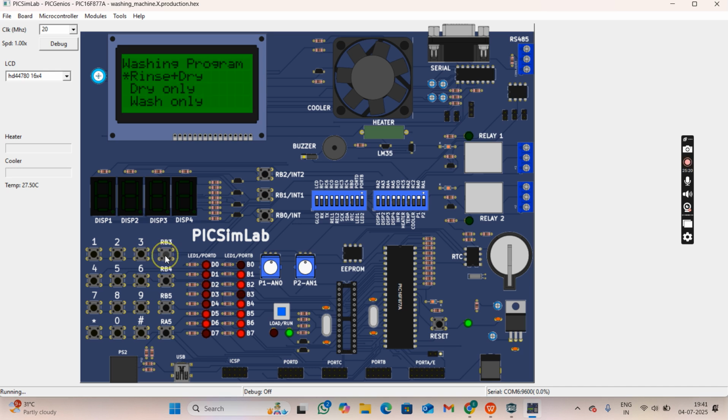Let me choose daily. And I am choosing water level as high, and I am going to press button 5 to start, and it's totally 45 minutes it's going to function. First it begins with the wash function, and to show the interrupt we have included switch 1 as a door opening interrupt. If I press button 1,